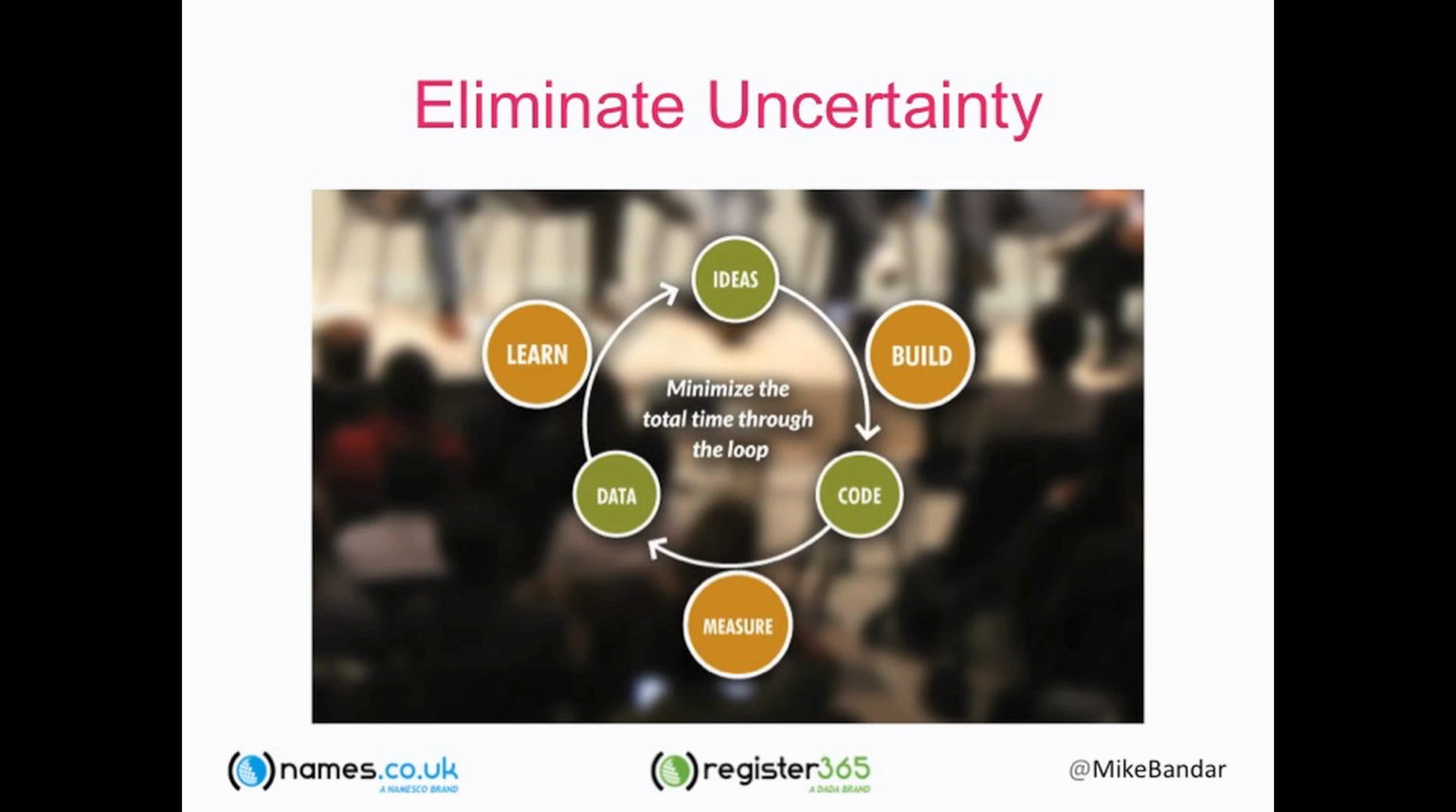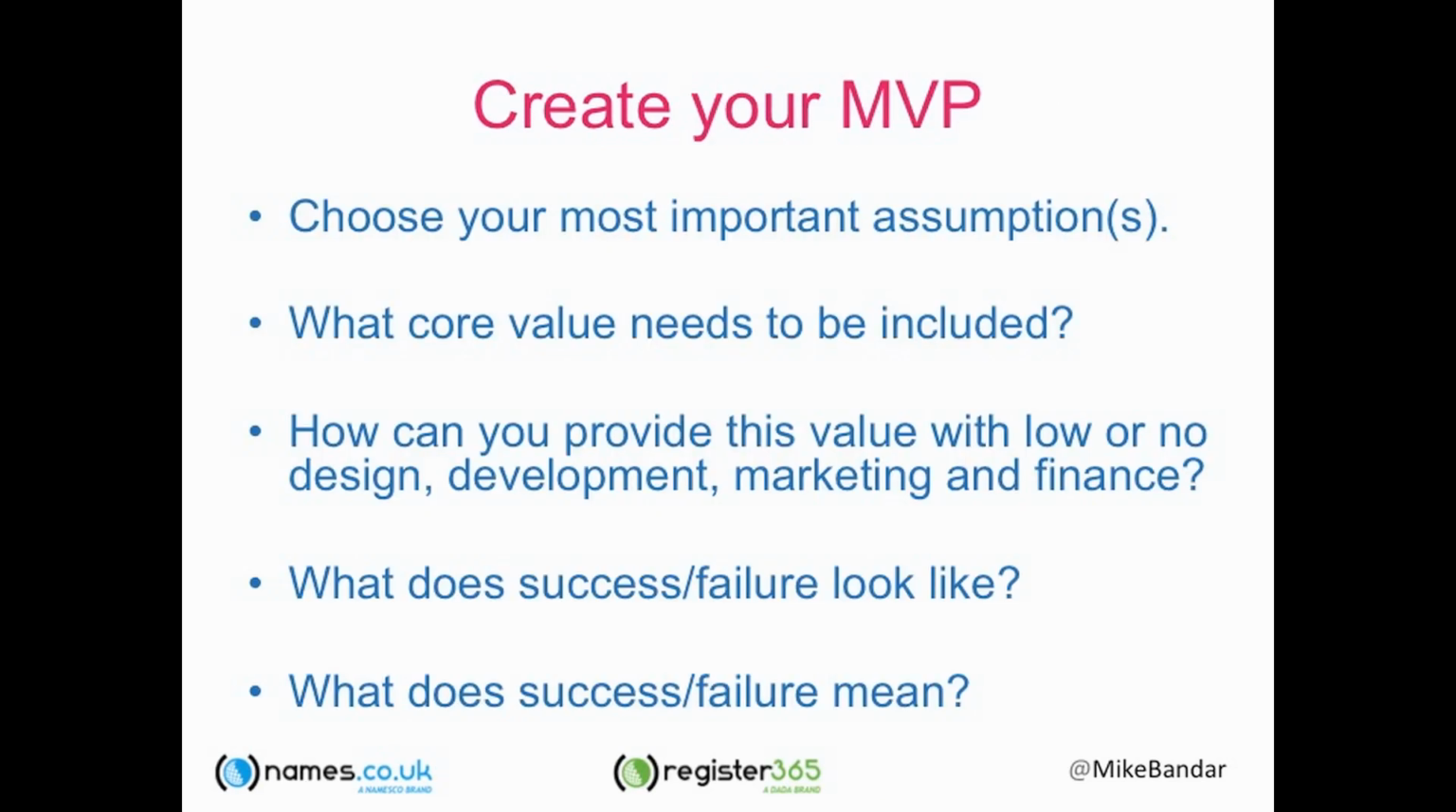So you've really got to think about, when you create your MVP, choosing what are the most important assumptions or the core assumptions from your prioritized list. Then trying to think about what core values need to be included. So back to the case of Zappos, if he was testing the assumption that people would buy more shoes if they had fantastic customer service, his minimum viable product had to include fantastic customer service. Also, then you've got to look at how you can provide this value with low or no design, development, marketing, and finance cost. So basically, what's the cheapest way and the quickest way of providing that value